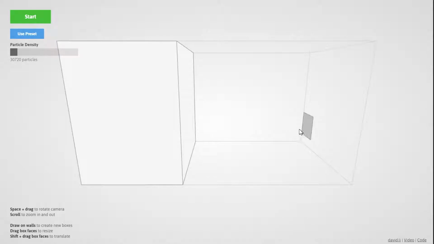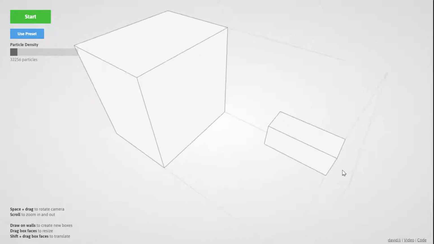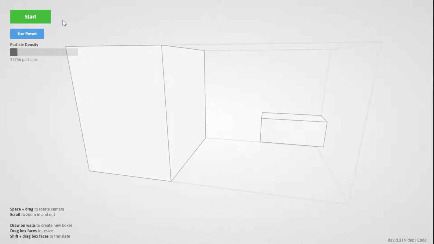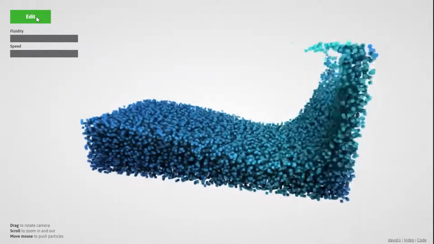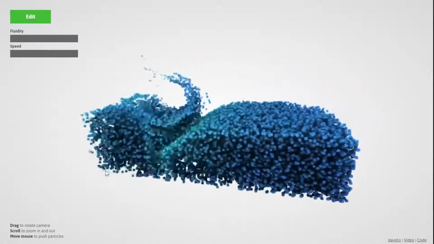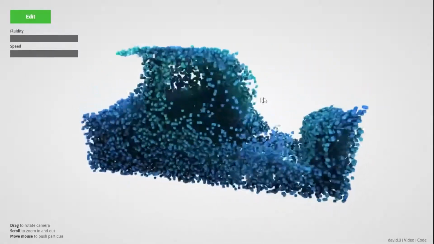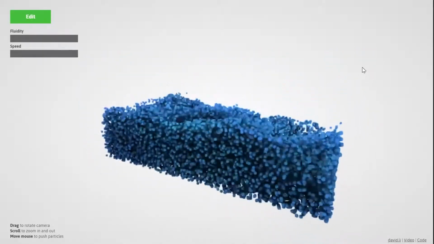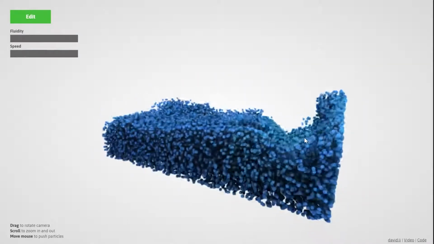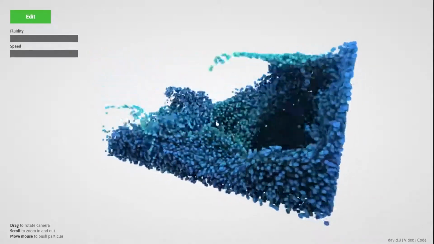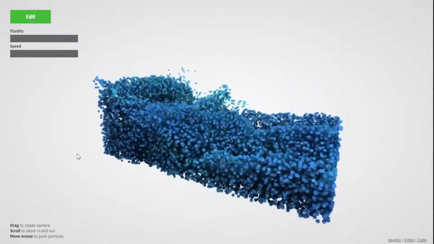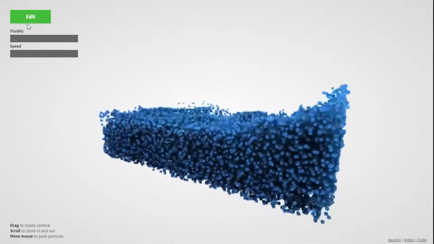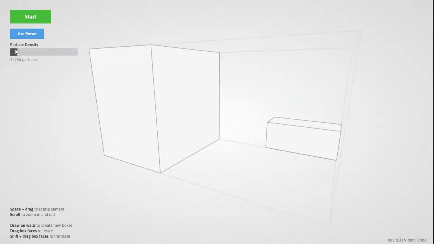All right, so here you can draw some fluid volume if you want to. And then you say, oh, start the simulation. And it's generating this totally interactive simulation live, running in the browser, rendering using WebGL. It's a pretty nice and impressive demo. I can actually, let me see, I can increase the number of particles here so we can get a high resolution.